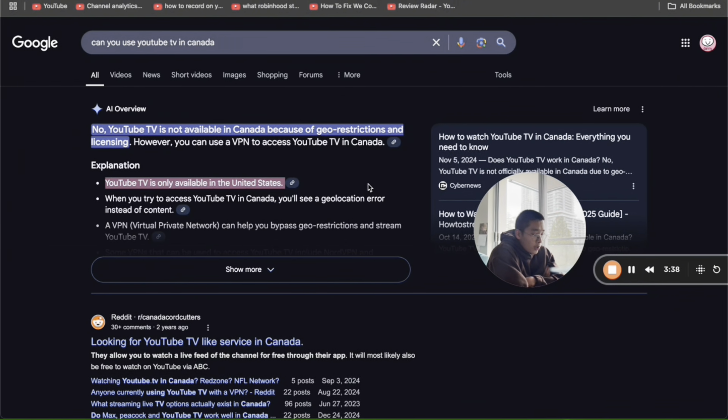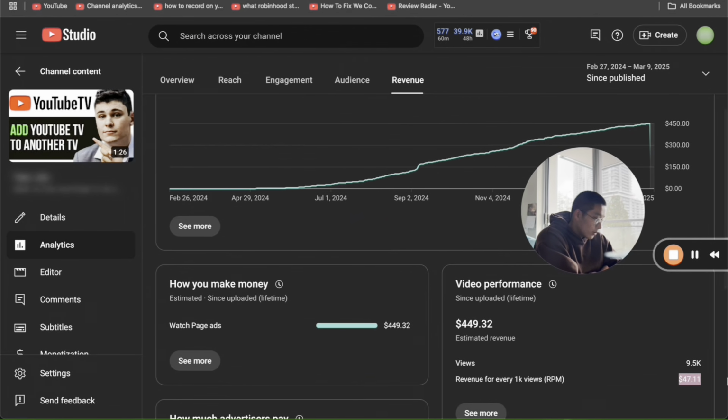And so when you reverse engineer that and you create topics that are only available and related to people living in high spending power countries where the economics are great, the people there have spending power, they're rich, you can get paid a lot of ad revenue for every 1,000 views. The gist of this method is that you just have to create content that will make advertisers more money, because that's how we're getting paid. We're not getting paid from YouTube. You have to understand that YouTube is basically just a middleman.